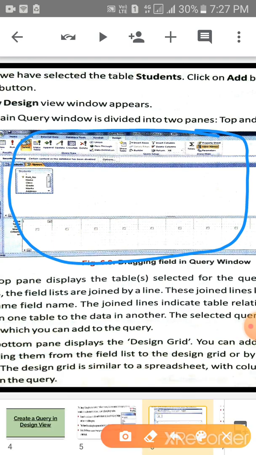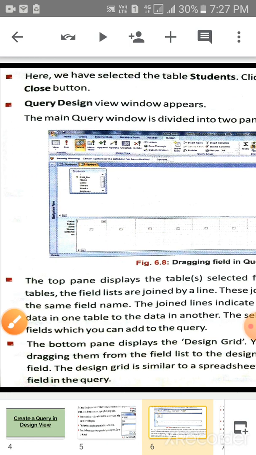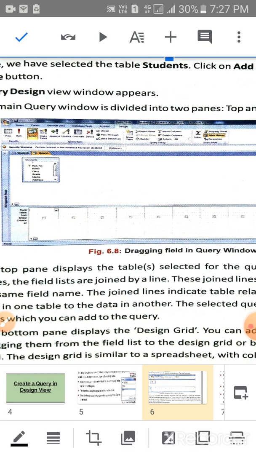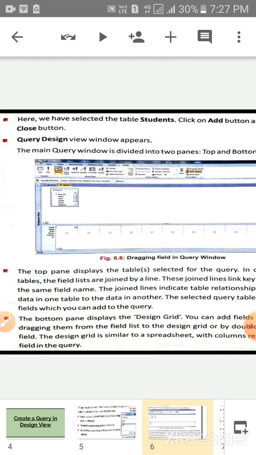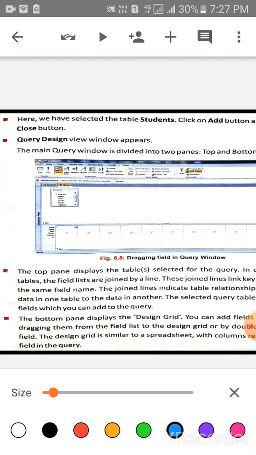After that, children, the main query window is divided into two panes. You can see this is the top pane and this is the bottom pane.